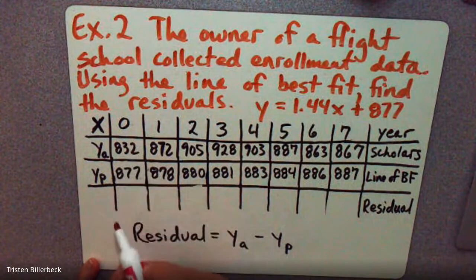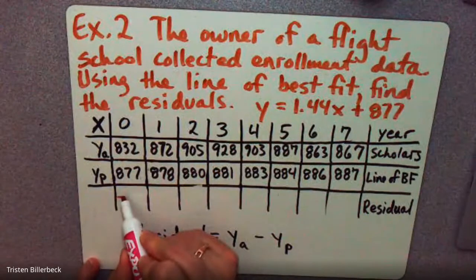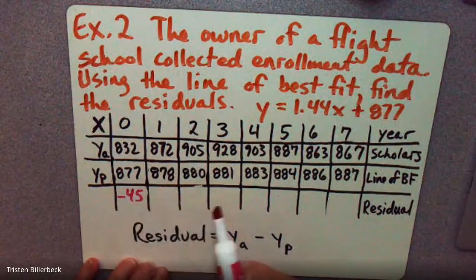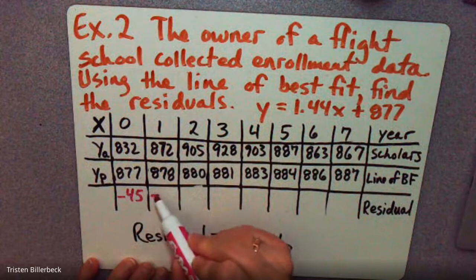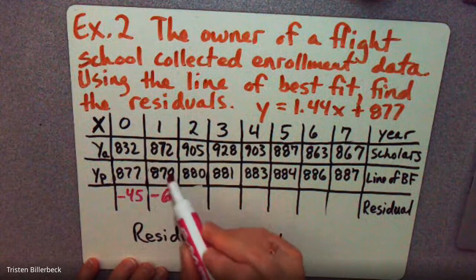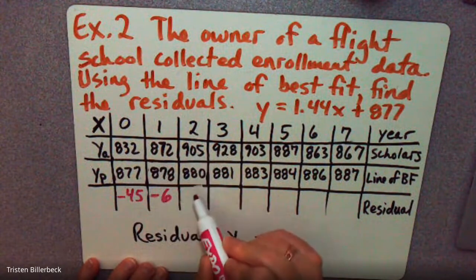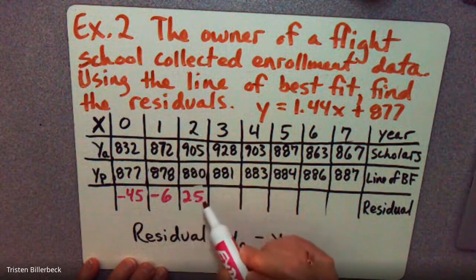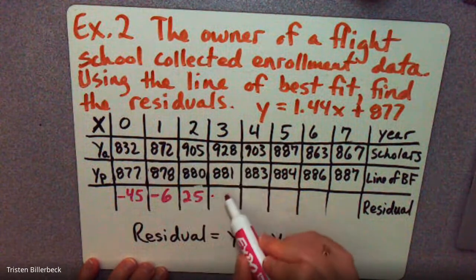So when we look at this residual, we have actual minus predicted. So we're going to have a negative number. That's going to give us negative 45. This one is still going to be negative, but negative 6. So they're very close. The predicted is a little more than the actual. So 905 minus that gives us a positive number, so we end up having 25. 928 minus that gives us a positive,